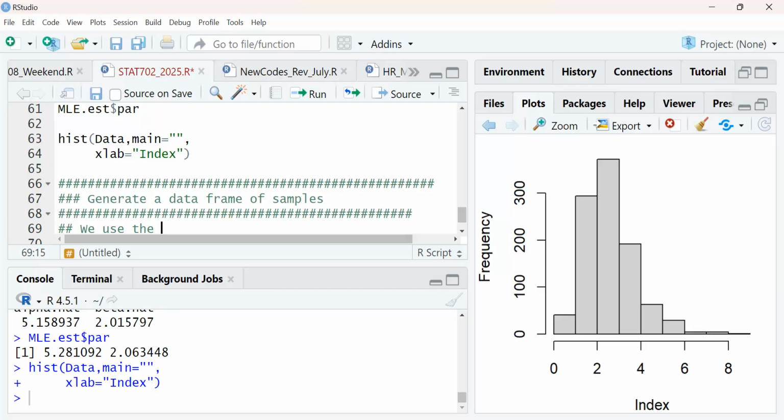It's just a note, information. It's not code that is running. If you don't put the hash, it will give me an error. So like 'generate data,' it is telling you what this part is. You can use any number of hashes; it needs only one, and it will work. But I need to design it so that when you are going through the course, it looks easier.